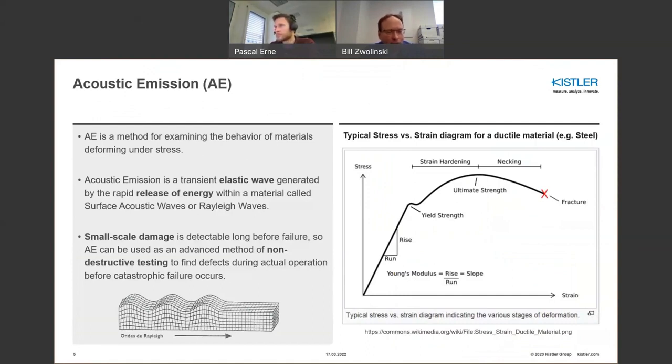So we call this a surface acoustic wave or a Rayleigh wave. And now this is somehow related to how materials behave in the stress and strain diagram I have to the right. It's very classical, where you see quite a linear operation, stress versus strain, and then you see the nonlinear in the plastic deformation region where the material is being excessively stressed, and those areas are where you're really able to